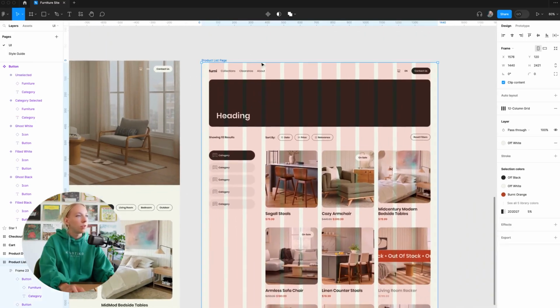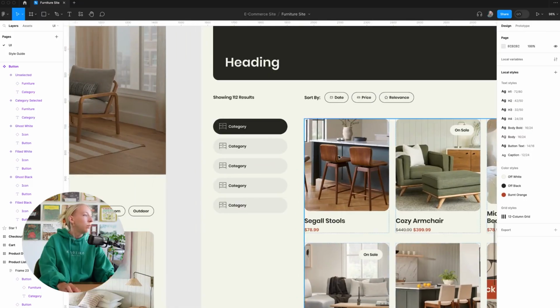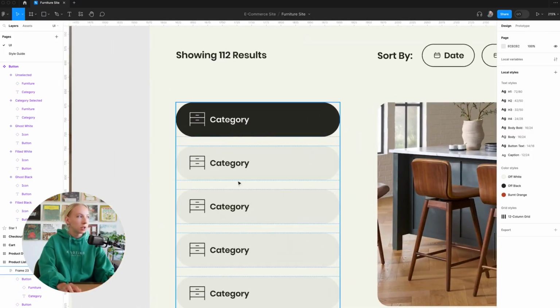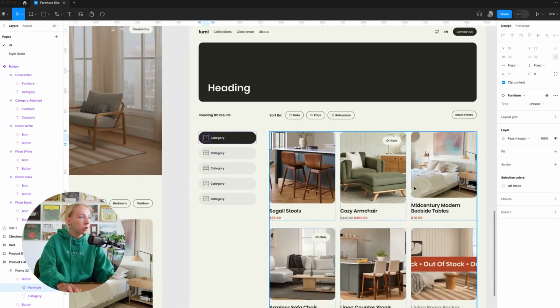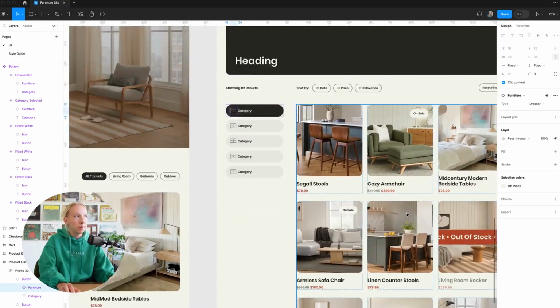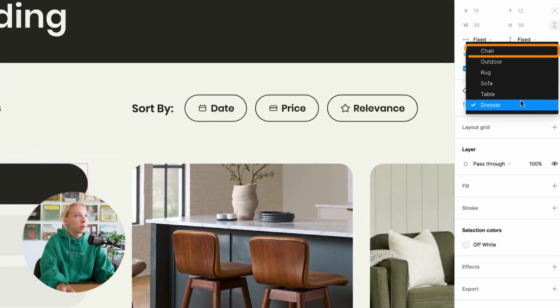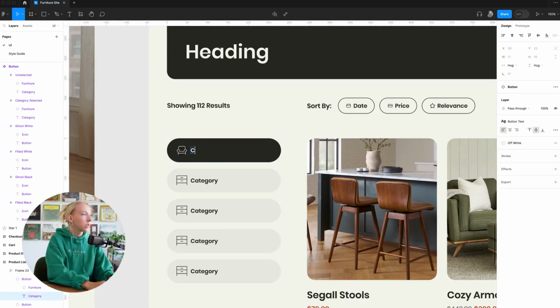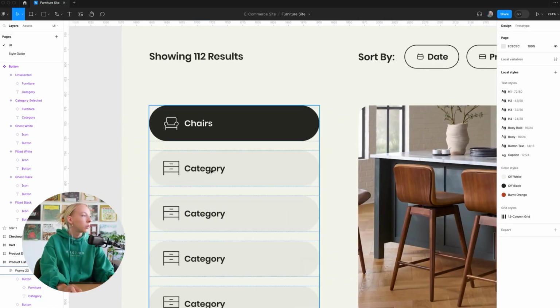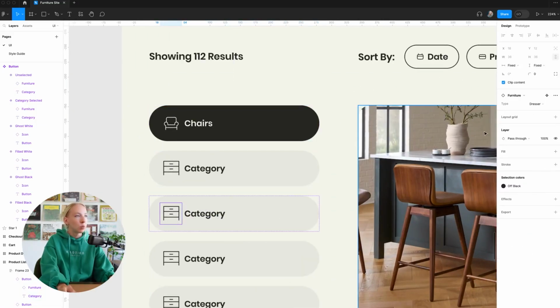So now let's turn off the columns so we can kind of see what we're doing. Okay, cool. So now let's actually name these what they are. For this, let's make the selected one chairs, since a lot of our images here are chairs. So instead of dresser, we'll do chair. We need to make sure that we're using the right colors. And we'll call this chairs. Then I'm just going to go in and make sure we have one for each of our categories. So we have dresser here. Let's do rug,